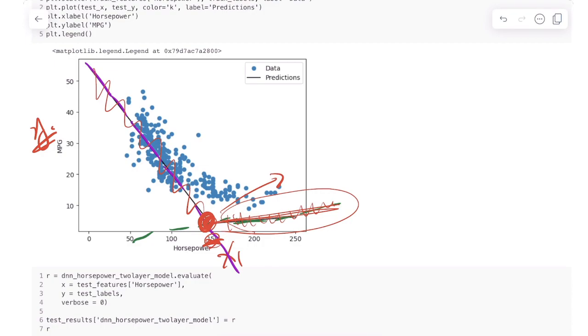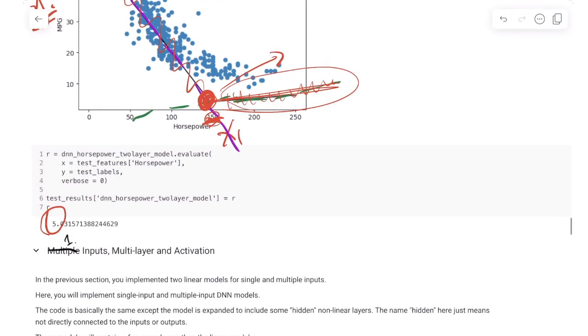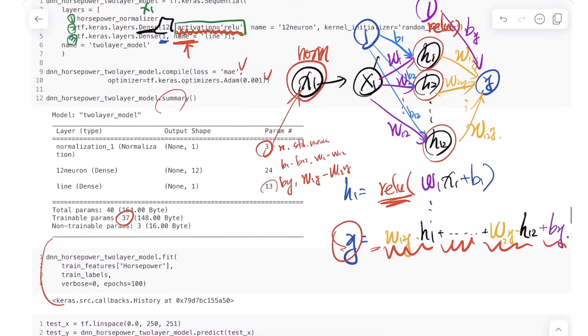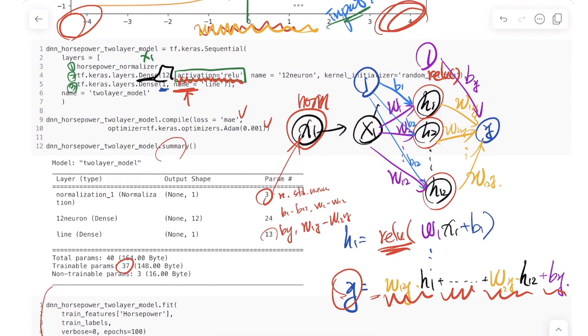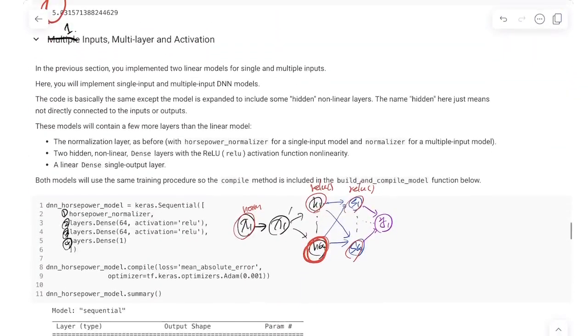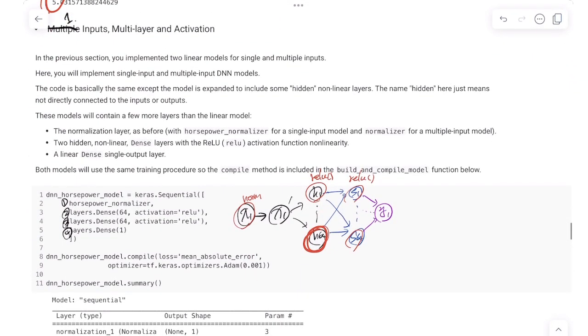And you can see that the average MSE is around 5. So that is one of the configurations of a neural network. And after that we can perform multiple